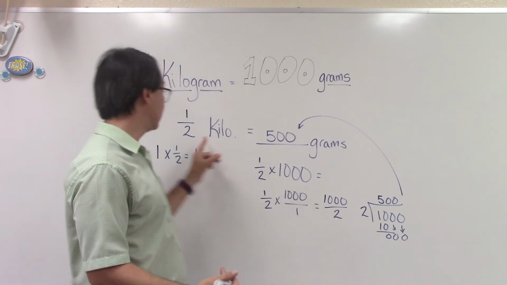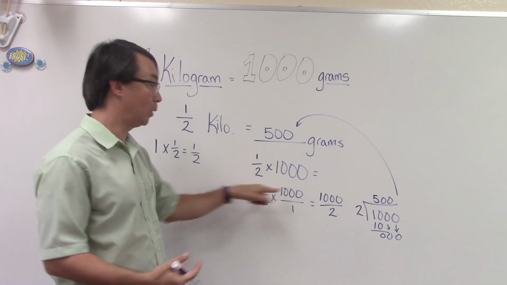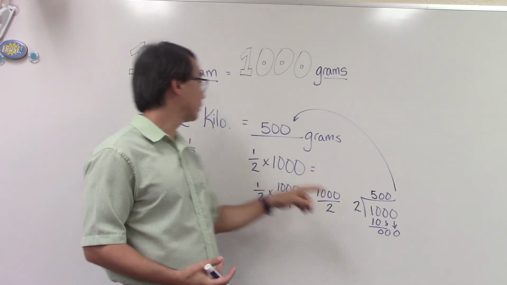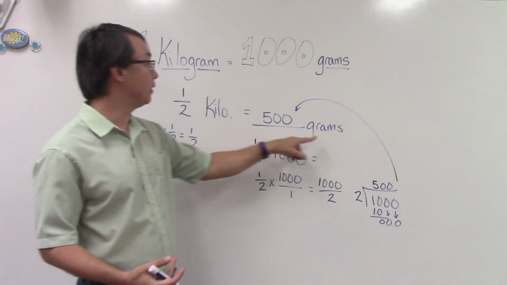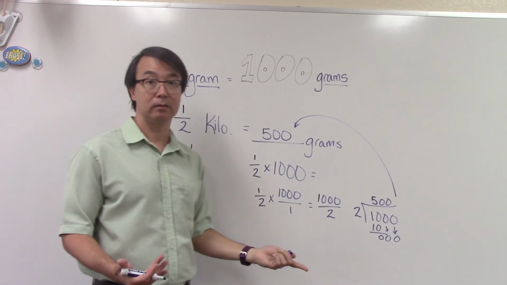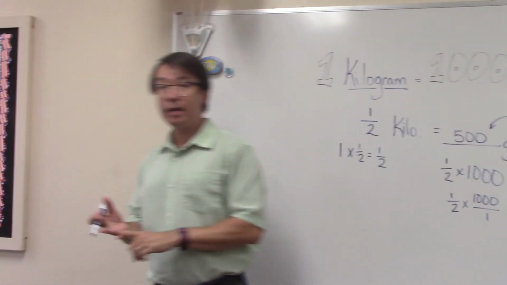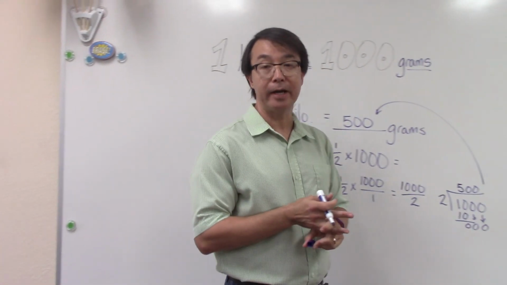So half a kilogram is 500. And I know that Landon looked at this and said 500, but if we need to work it out, this is the way to work it out. Okay? 1/2 kilo equals 500 grams. Is half of 1,000 500? Yes. Okay? All right, so I want you to do number 1 and 2 on your guided practice,